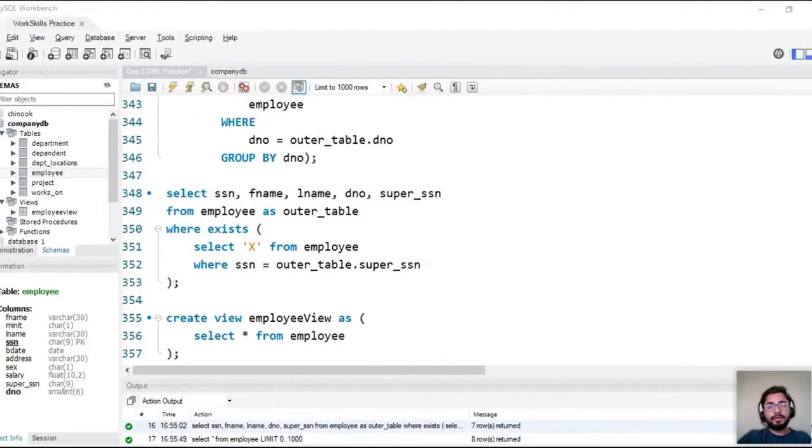Now that's what a correlated query is all about. It's basically about understanding how the execution of the inner query is happening with respect to the outer query. If the inner query is executing completely independent of the outer query, it's called a simple query. If the execution of the inner query depends upon the values that you are getting from the outer query, it's